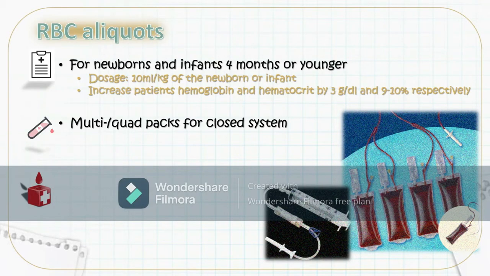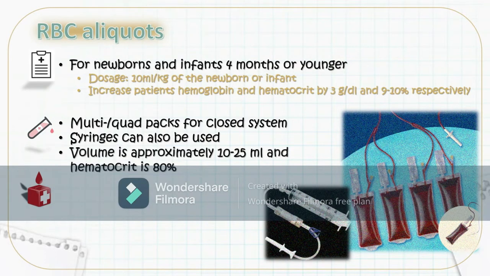A closed system is maintained and the shelf life will be the same as that of the primary bag. So it will depend on the anticoagulant that is used. Another way for preparing RBC aliquots will be through the use of syringes. However, when we make use of syringes for the preparation of RBC aliquots, the shelf life is lowered to up to 24 hours only. So from preparation, these aliquots prepared through syringes should be transfused to the newborn or infant